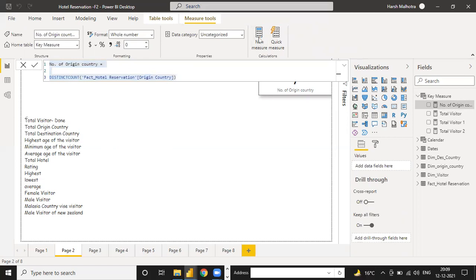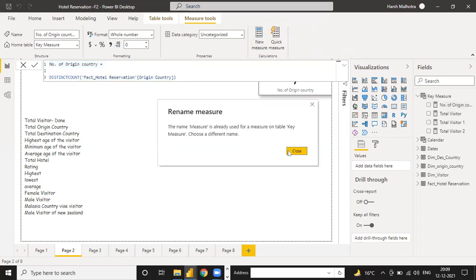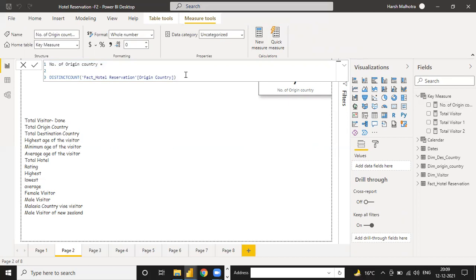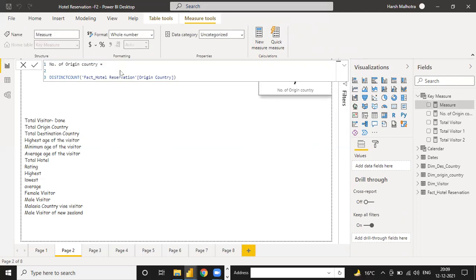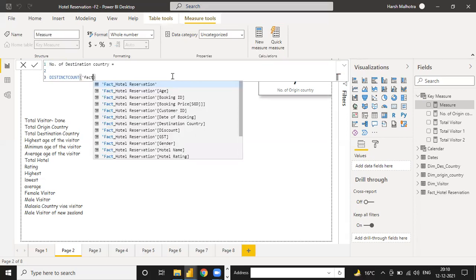Click on this new measure and press Control V. Here you can change the name to destination country, and you can also change the column name to fact destination.